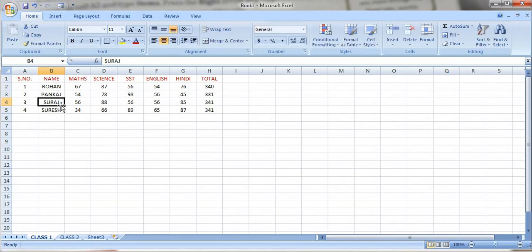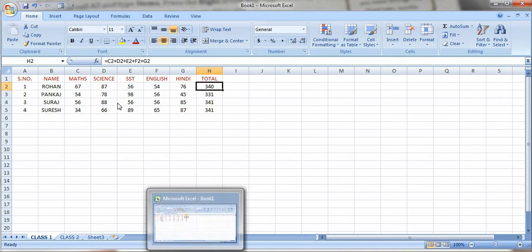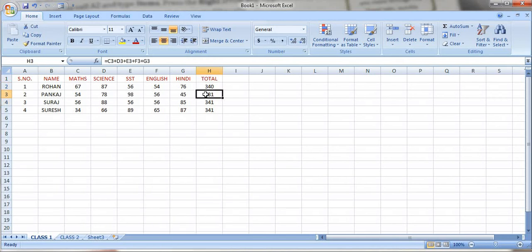These all are text, right? These all are numbers. And here we have applied formulas. I have already shown you. You have to first write equal to, then mention the cell addresses. Then only you will be able to apply the formula. And I have already told you how to apply functions also, right? So all these are text, numbers, formulas, and functions we have already applied.